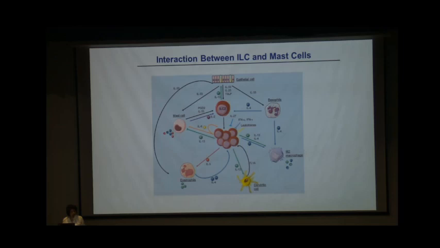Is there interaction between the ILCs and the mast cells? Because we have talked about the ILC and the mast cells also. So there was also a description that ILC2, which produces the IL-33, IL-25, also interacts with the mast cell directly or indirectly. So intestinal immunity is